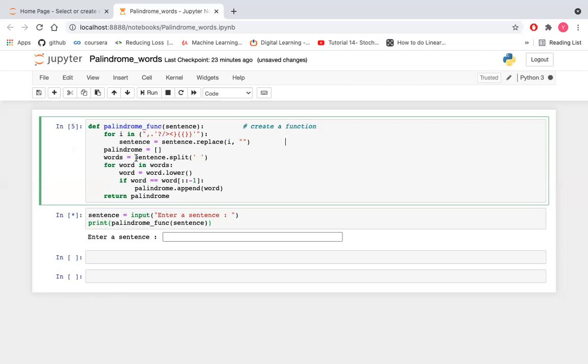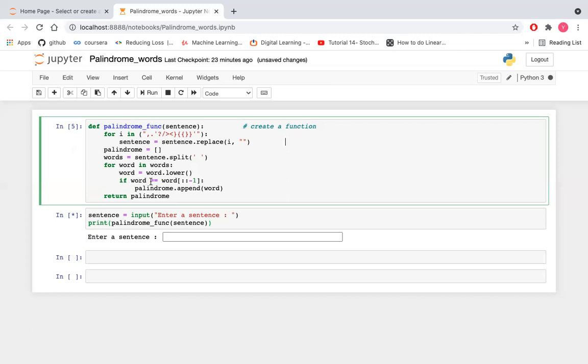And after that we split the sentence on spaces, so sentence dot split will split the sentence into words. After that we create one for loop for each word, and word dot lower will convert all the words into lowercase, and this is the main condition for palindromes.